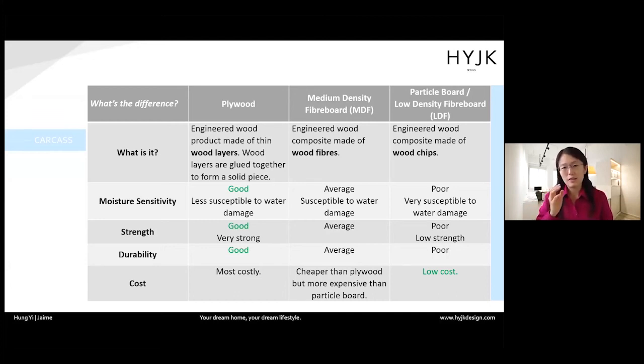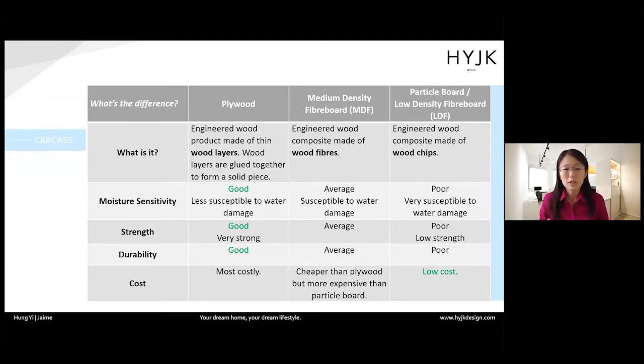So when you go shopping at furniture shops, do take a look and see what the material is made of, and you can then have an idea of how much you should invest in this, and how long it will be before you need to replace it. Is it for short term, like a rental unit where you're going to replace the furniture every 2 years, or do you want to keep it a bit longer term for yourself?